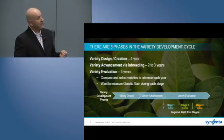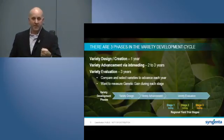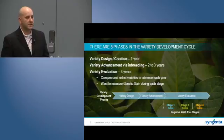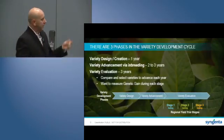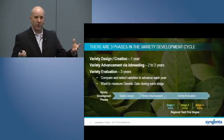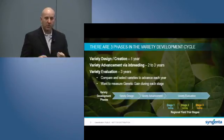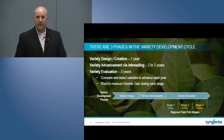Phase 2 is variety advancement through inbreeding. So basically allowing those lines that we've created to self-pollinate for a couple generations. Why do we do that? That allows the breeder the opportunity to identify the best lines from that group that are fixed for key agronomic traits. So we're talking disease resistance traits typically. It also allows us to create what we call a replicable cultivar to ensure that we have enough seed to